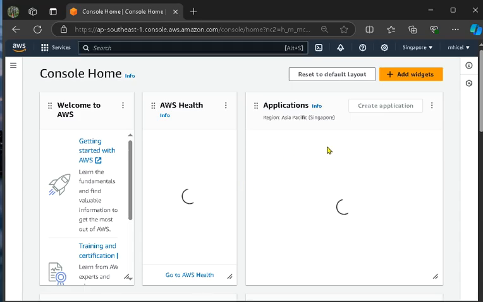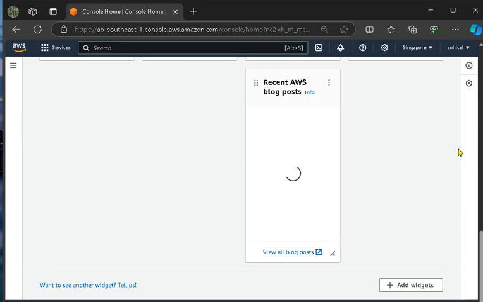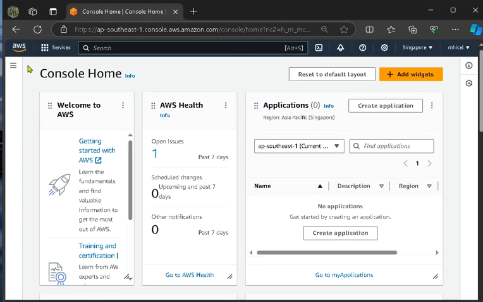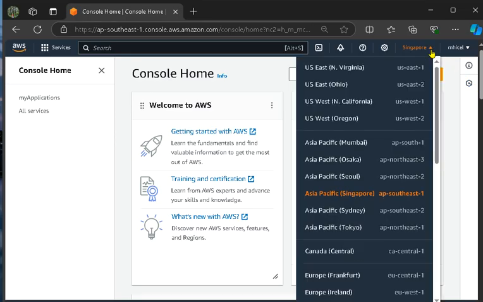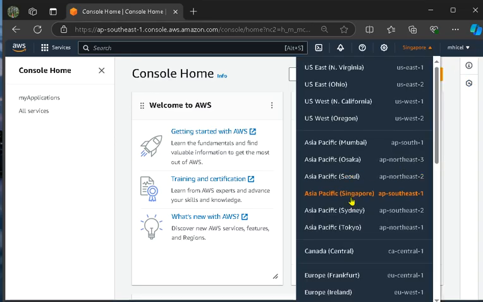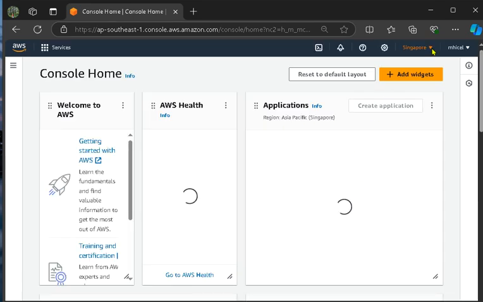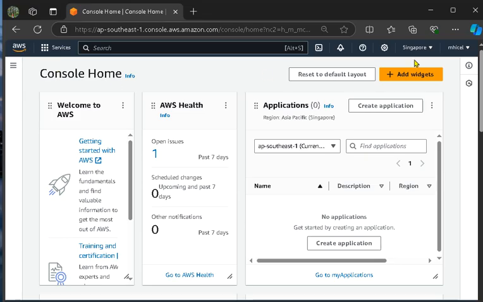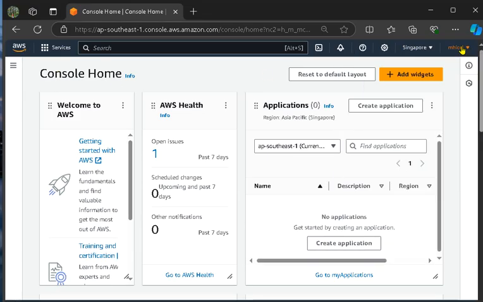So as you can see here, we are on my official console, wherein I select the nearest region here, and here is my account.